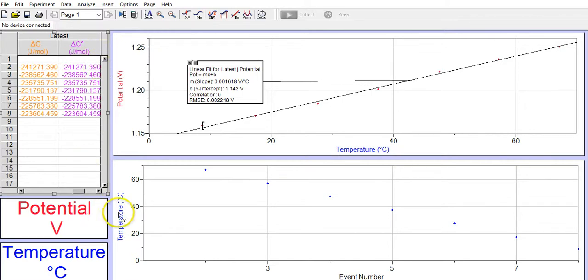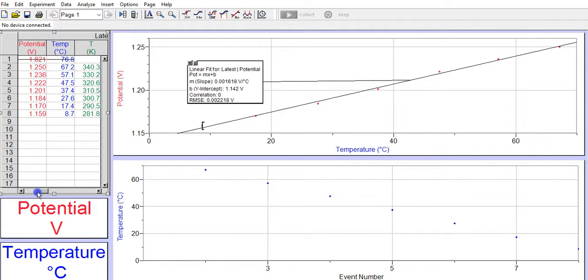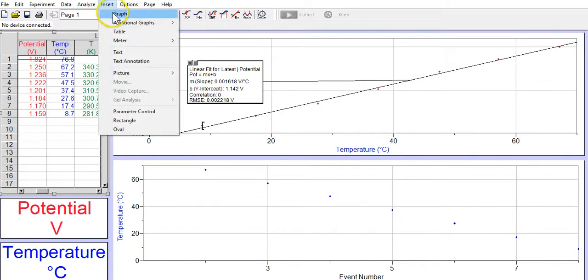Okay, well, now that I have delta G0 at these different temperatures, I'm going to want to use that to find the other values in my lab report. Well, one way to do that is to find the trend, because I don't have delta G specifically at 25 degrees at standard temperature. I have it at 27, I have it at 17, but I don't have it exactly at 25. So in order to find that exactly at 25, we can use the graph